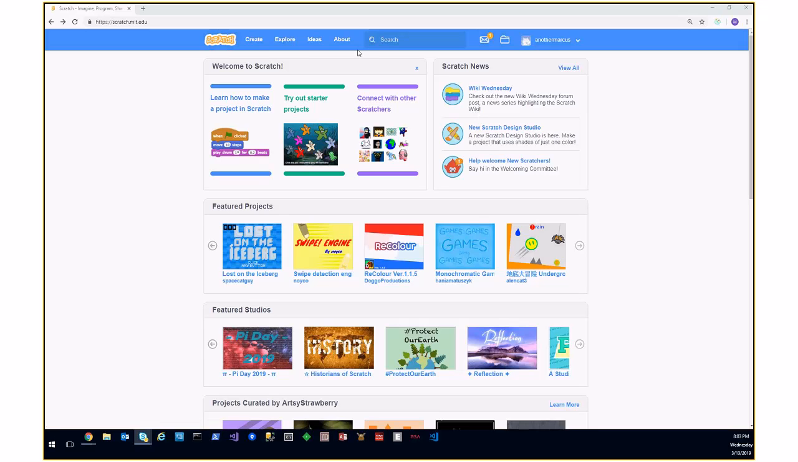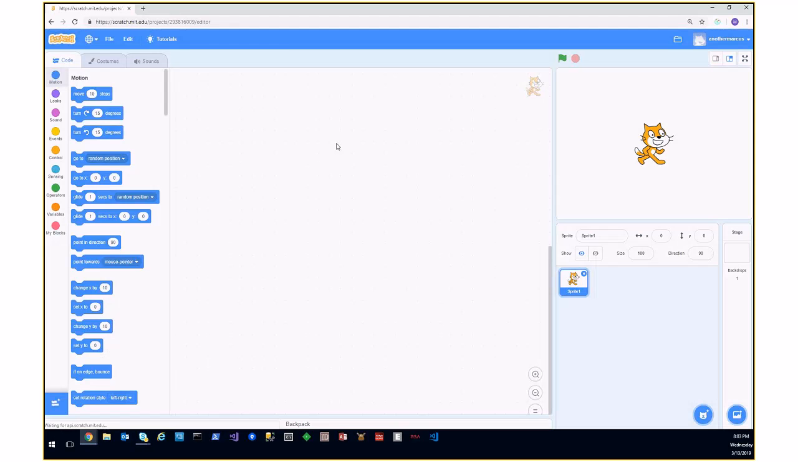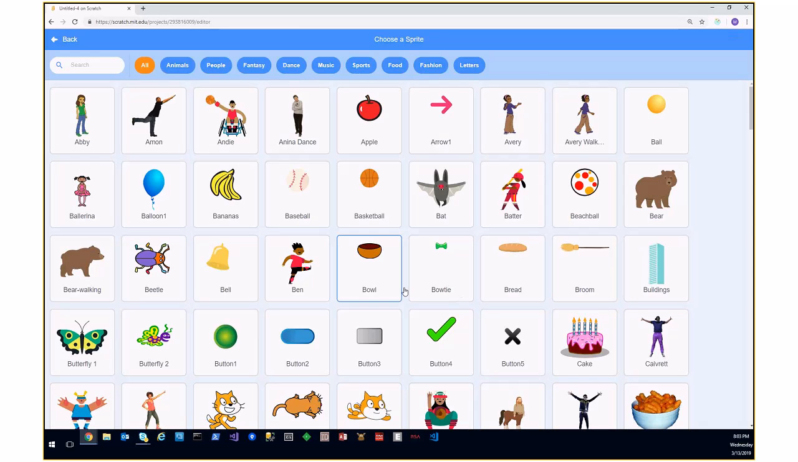I think I'm ready. Okay. This is how you create. First, you choose a character. If you don't like the character you have,